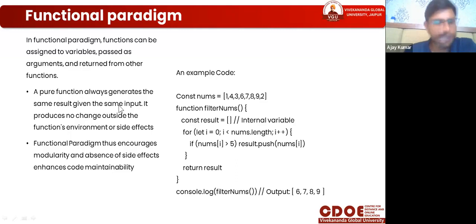It produces no change outside the function environment, no side effect. I already told you: the functional paradigm thus encourages modularity and absence of side effects, enhancing code maintainability. So here functions mean the procedure part. We learned a procedure is a grouping of steps, and one group defines some specified work.